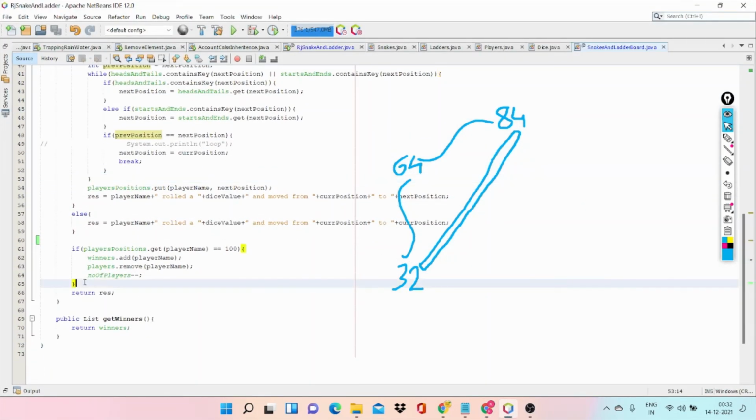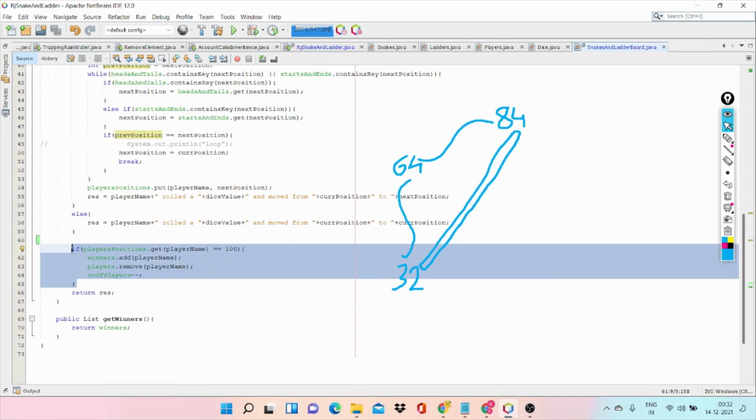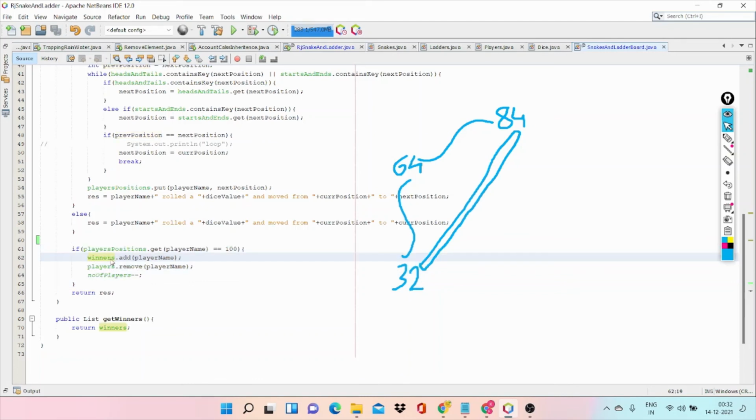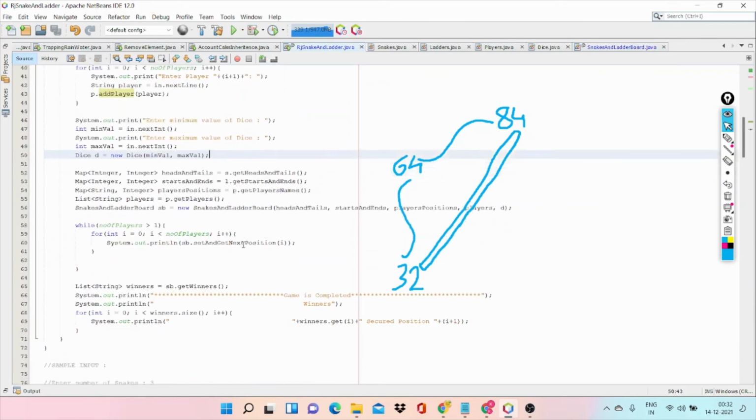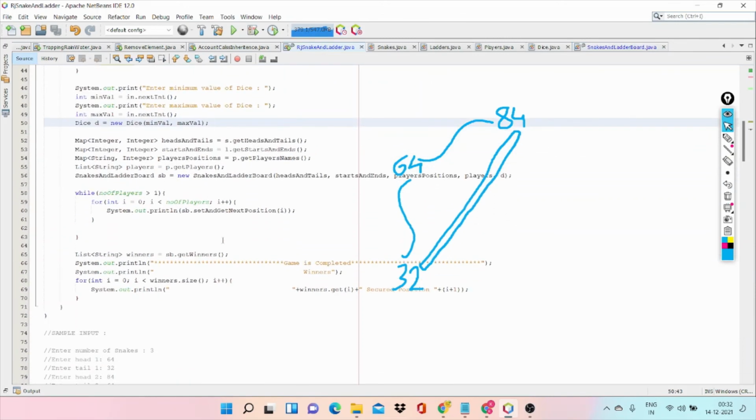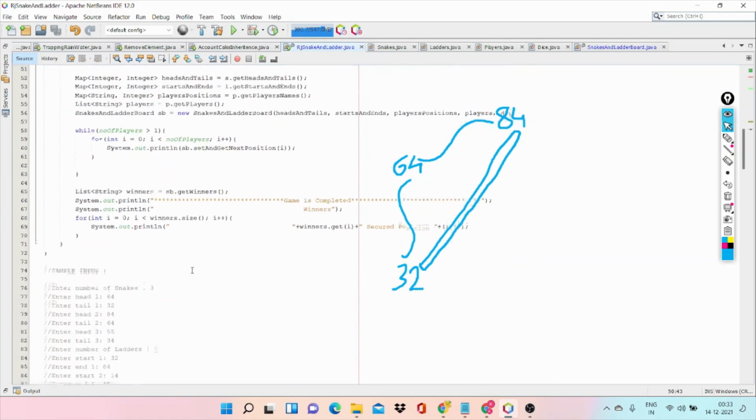And here we check if the player reached 100, then we add the player to the winners list, remove the player from the players list, and decrement the active players number. And finally, after completion of the logic, we get the winners list and print the winners.